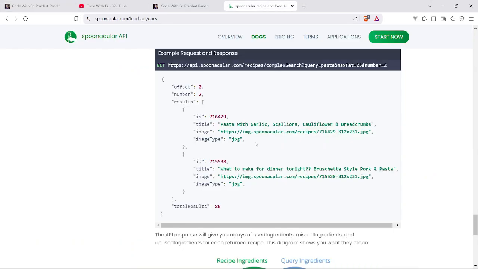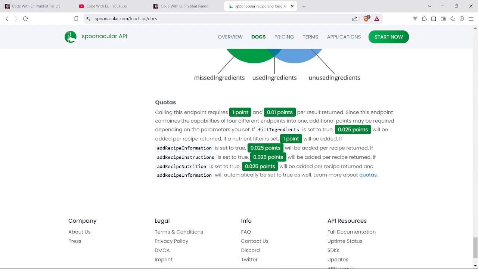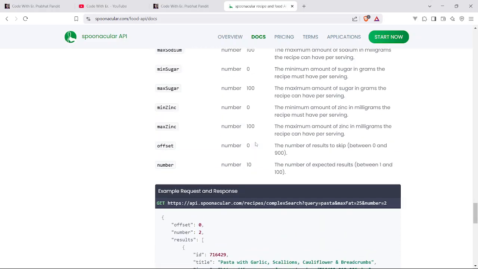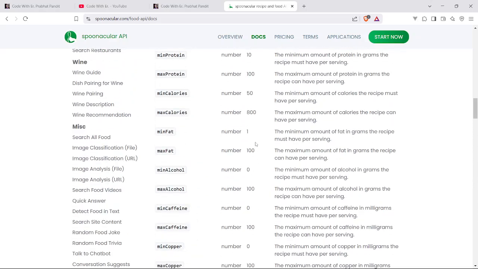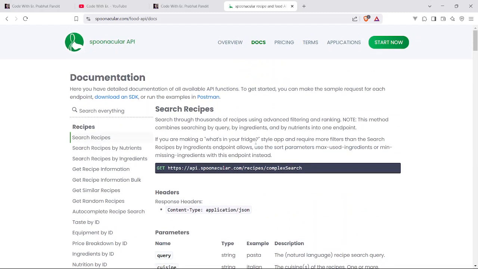So guys, just come here. I'll give you the link in the description. I'm not going to explain all the things because it will take a lot of time, and due to that our video will be very long. So just come here, guys, and if you need any help, just ask me in the comment section below. I'll try to read it, and I will definitely try to address it and give you the best possible answer. So just come here and read this Spoonacular API documentation and try to build something great, something unique,